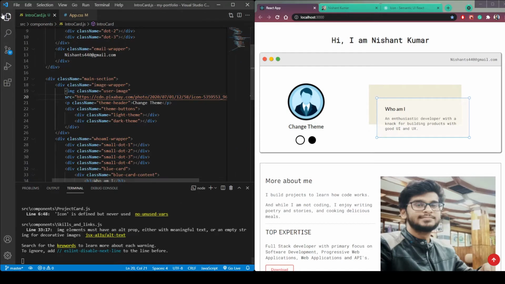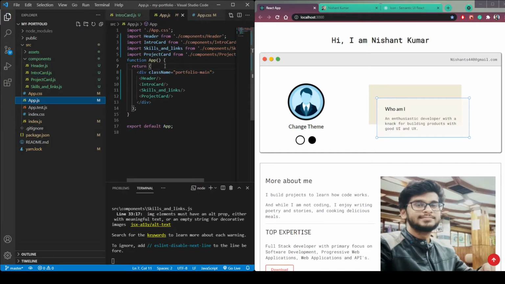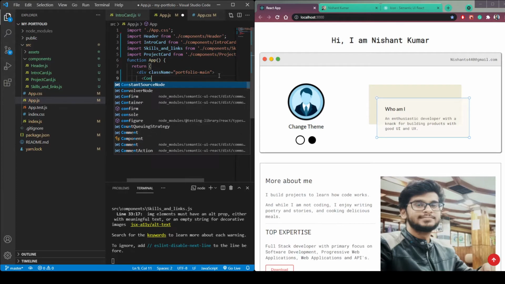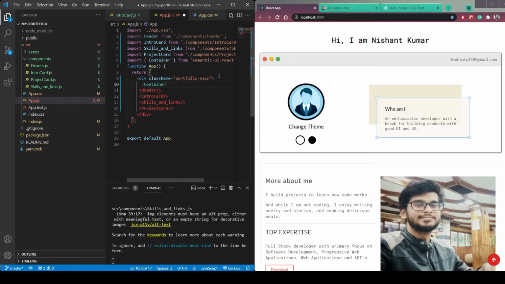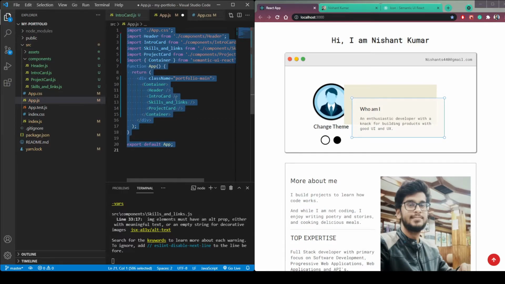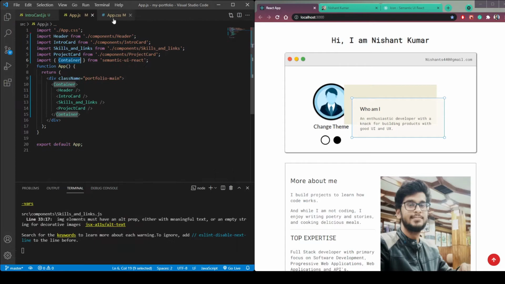Open up app.js file and then, after this div, wrap this whole thing in a container. So container, copy this and paste it before this div. We also need to import this container from semantic UI React, so remember it.